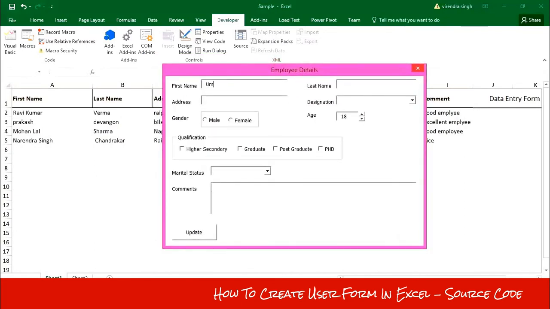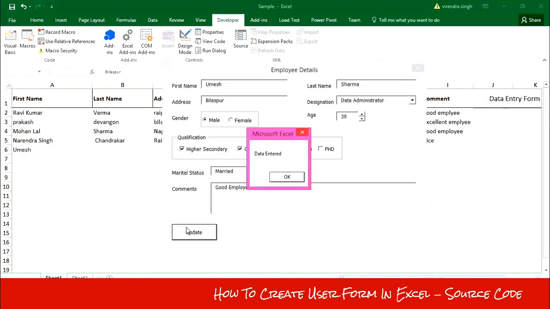Put some records: first name, last name, address, gender, age, qualification, marital status, comments, and click on update button.